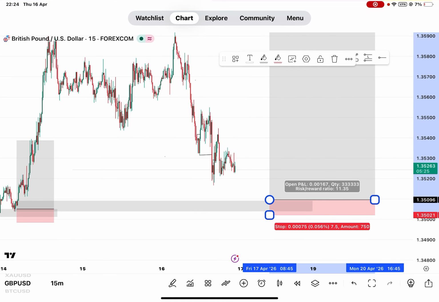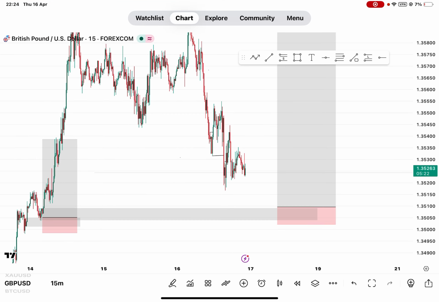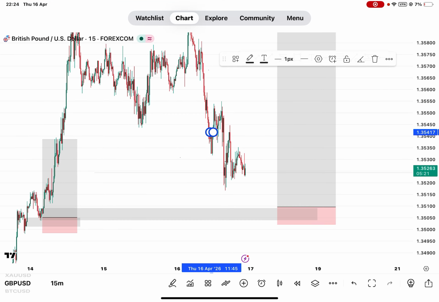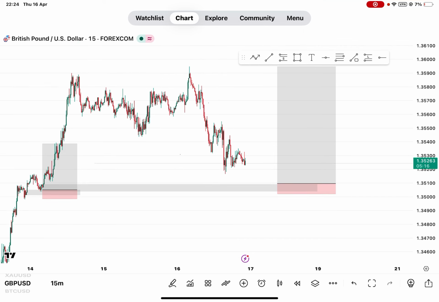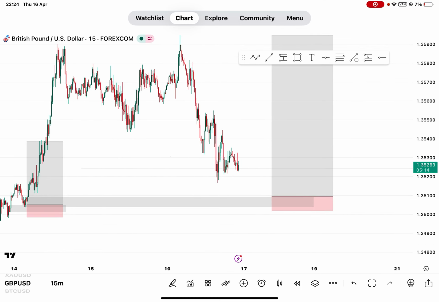So for now, what I'm seeing in the market is just retracement. Right now, the market is just doing retracement to continue its buys, but be open to whatever the market has to offer. Don't be closed-minded in the market. Always be open to whatever is going to happen in the market. You react to the market, you don't act to the market.